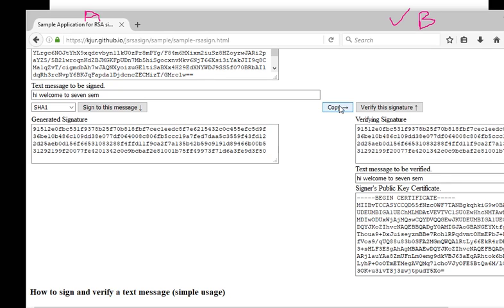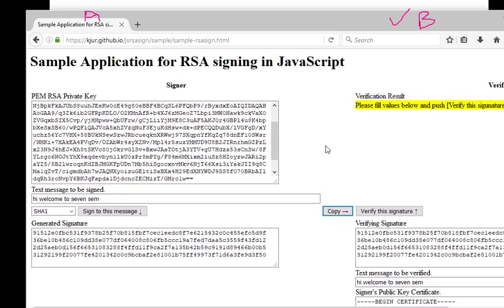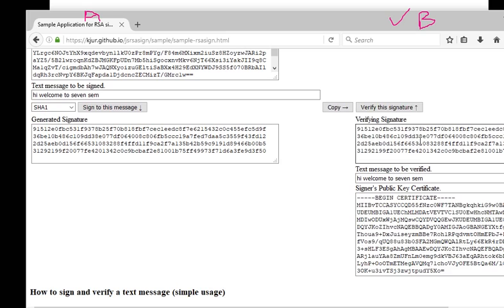Now I am copying this. After copying I make sure whether this signature is valid or not, verifying this signature. Here the signature is valid. I hope you are seeing this. After that I receive this message and I will open this message.